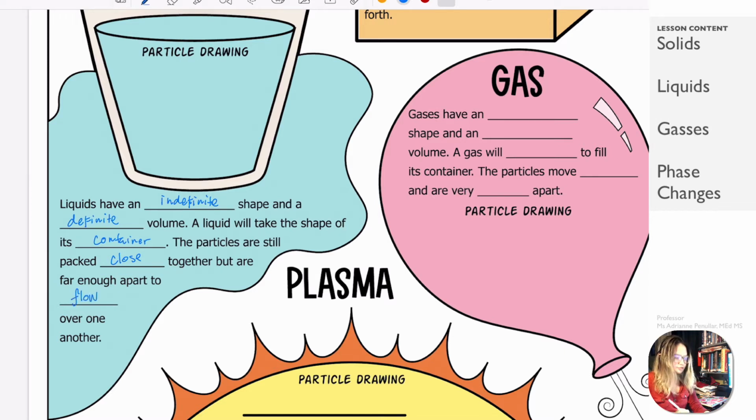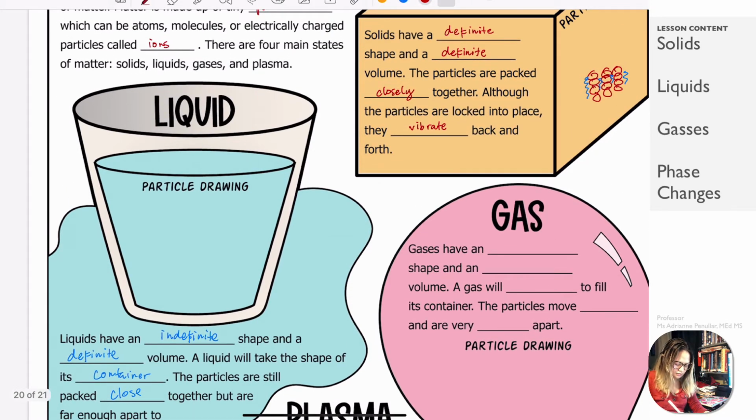So they are going to be flowing to one another. So to show this, we're going to go ahead and have some sort of container here. And then we're going to go ahead and show some movement. Okay, I'm going to go ahead and put 2 in here to discern that they are moving faster than